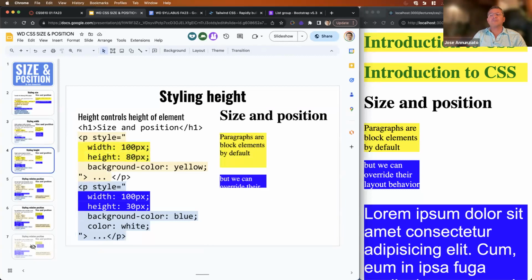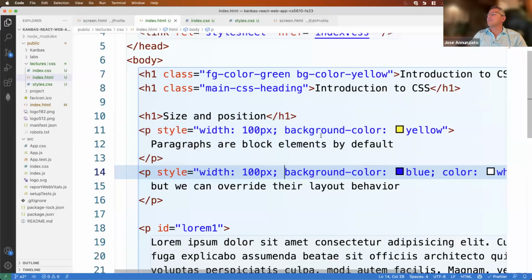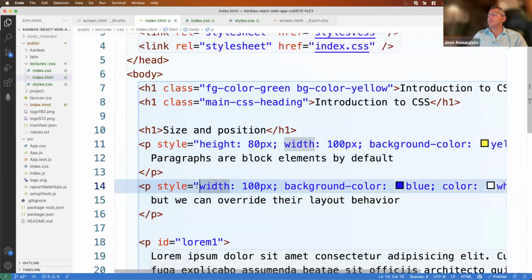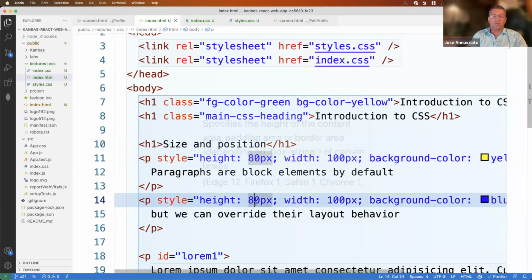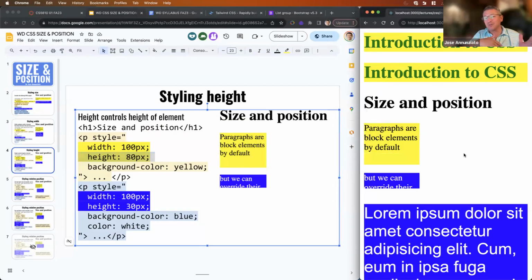What if we also override the height? So we say 80 for one of them and 30 for the other one. It could be that you don't leave enough space for one or too much for the other. So now we end up with too much height for one of them, but too little for the other one. This is what the browser was trying to avoid: weird wrapping, weird clipping of content,